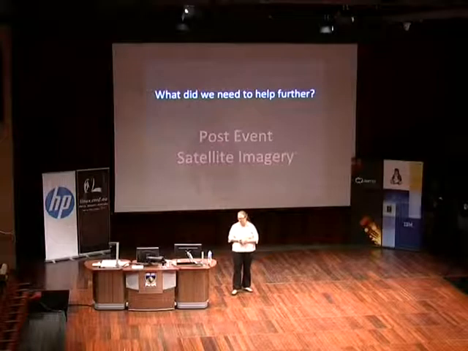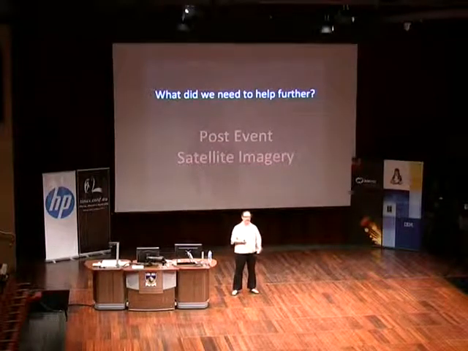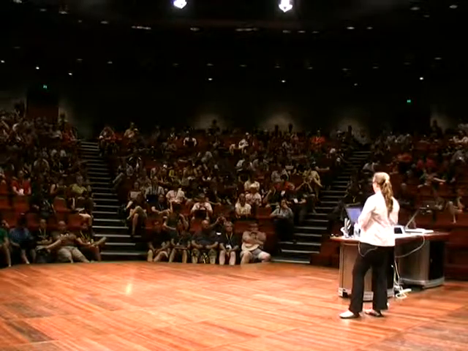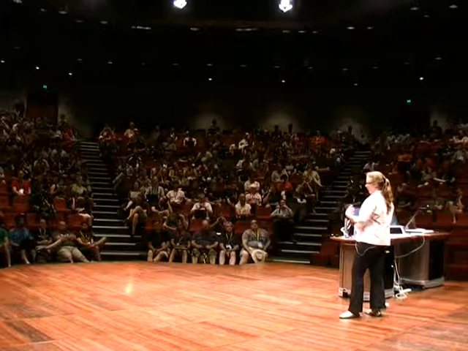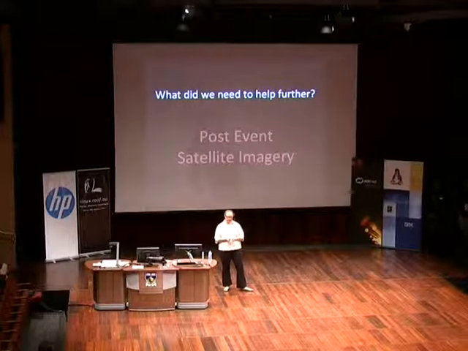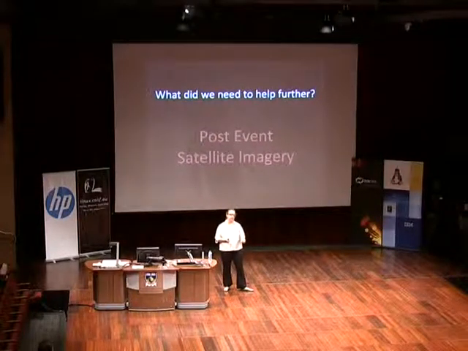So I've been talking about satellite imagery, but what did we need to help further? We needed photos taken after the typhoon. And this can be fairly difficult to get. There's a charter called the Disaster Charter, which is satellite providers and governments together. And so in traditional response organizations and countries, you can activate the Disaster Charter. So if the Philippines, for example, could say, we need help, we need satellite imagery. But small volunteer organizations, such as OpenStreetMap, don't have access to that. Because the data is released for a limited time, but usually under a very specific license.